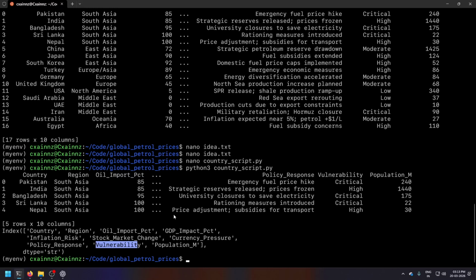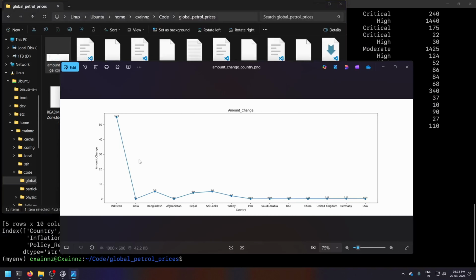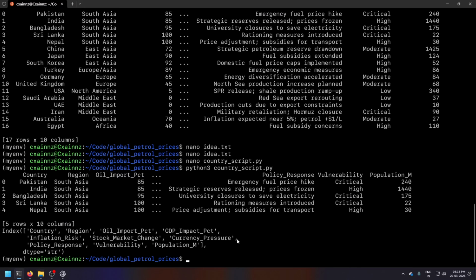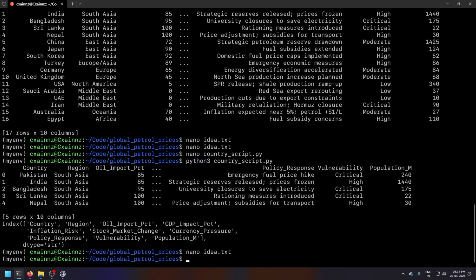If you see, the petrol price increase is totally seen in this graph. Which country shows the most change? Pakistan, by $55. So the ChatGPT question is a bit sus. How did global oil price change during this conflict? I plotted an overall picture. Now, which country experienced the highest petrol price increase? You can write Pakistan.